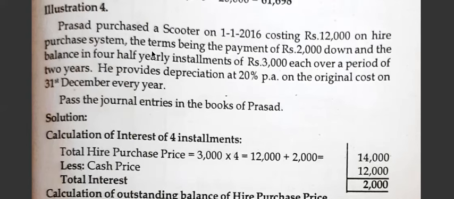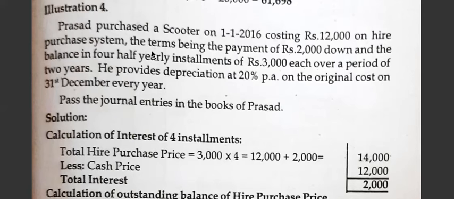I have explained you calculation of interest. There are 4 cases to calculate the interest. According to the information, you have to use the data and calculate the interest, and pass the journal entries. Now journal entries we will be doing in this problem. So before moving to the journal entries, first you have to read the problem properly and understand it. What are the information given, calculate the interest, then go for the journal entries.